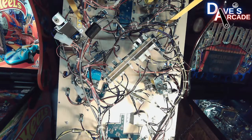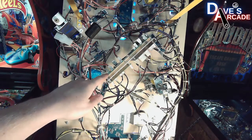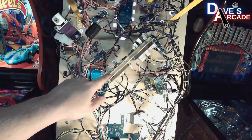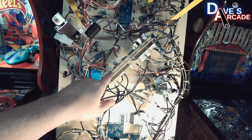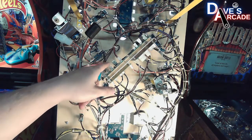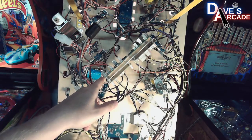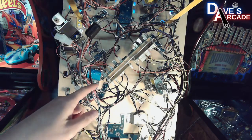Now, with your playfield lifted fully vertical, you can see the coil driver board that's right in the center of the playfield. It's the longest board, and this is what drives all of your coils. And you have two different banks of coils that it drives on each. This is a Multimorphic PD16 coil driver board, and so in this case you have a left and a right bank, and on both the left and right hand side of the driver board you will see a clear plastic